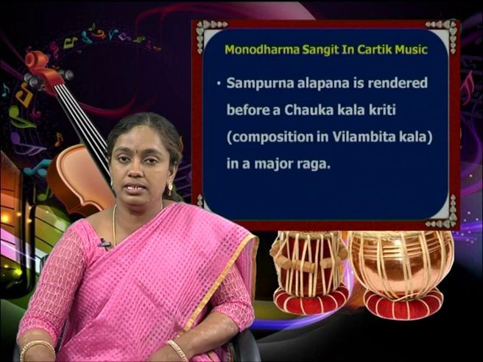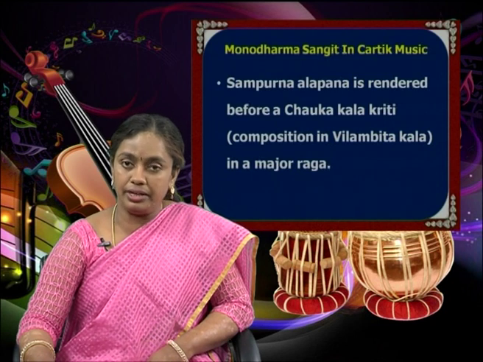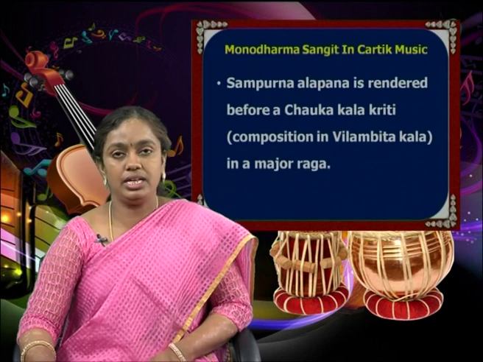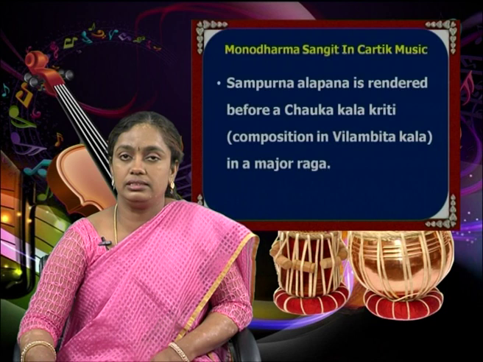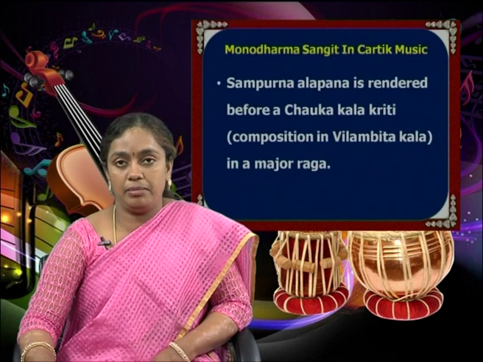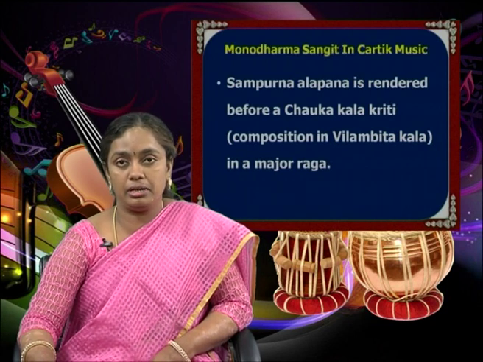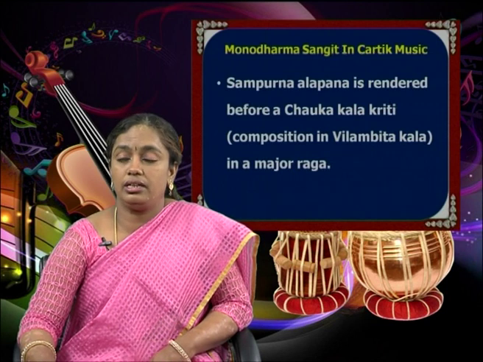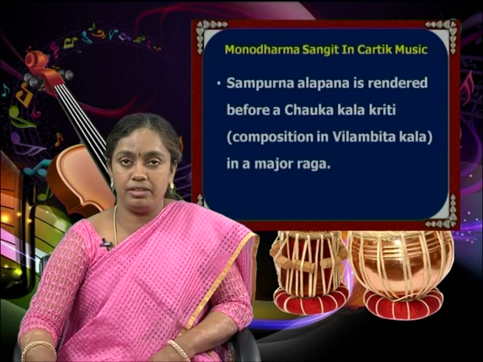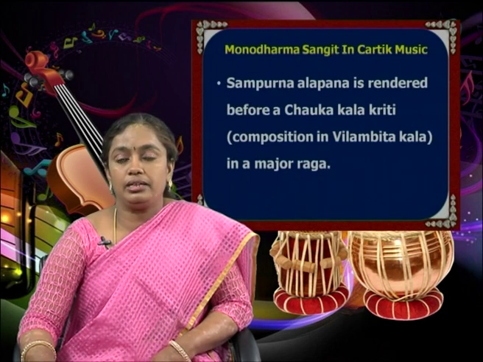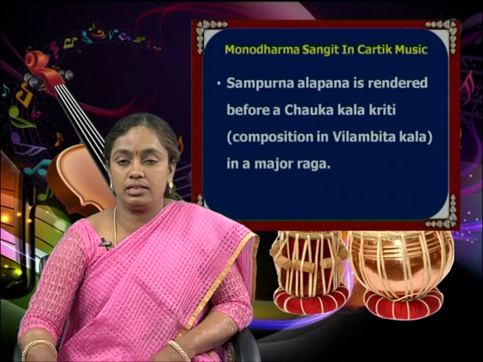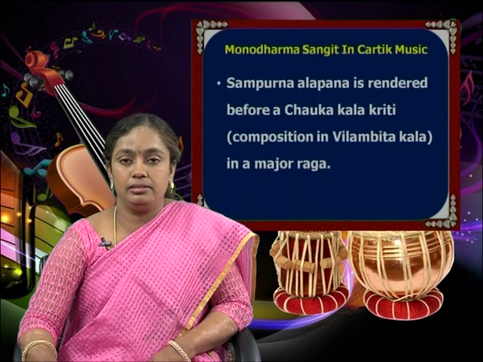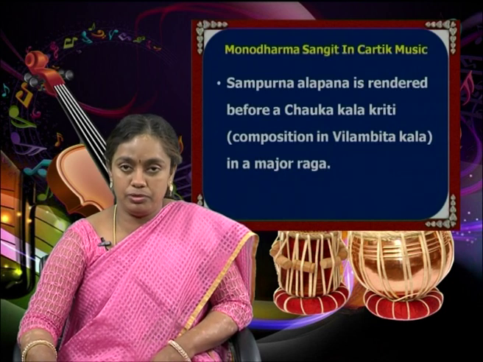Sampurna Alapana is rendered before a chaukakala kriti, that is called a vilambakala kriti in a major raga. So majorly all the Sampurna ragas, that is Chakravakam, Mayamalavagowla, Mechakalyani, Dheerashankarabharanam, Dharmavati, Hemavati, and many more ragas that are composed in the 72 Melakarta ragas by Venkatamukhi, are called major ragas. You can select this Sampurna Raga Alapana before singing a kriti that is composed in vilambakala